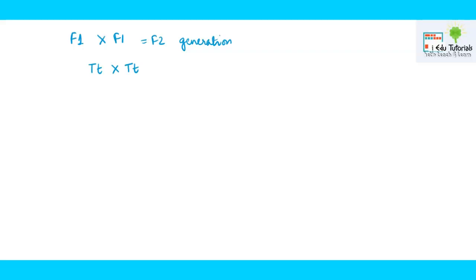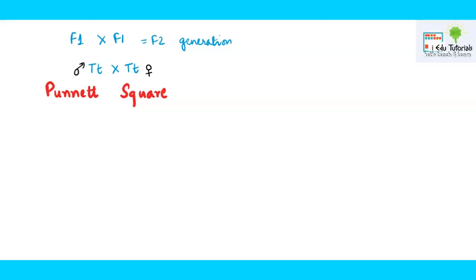Here I would like to introduce a term to you that is known as Punnett square. There was a scientist whose name was Punnett. He developed the Punnett square with an intention so that gametes can be shown in the form of a square. Now see here, suppose this capital T and small t is the male parent and this capital T small t is a female parent.